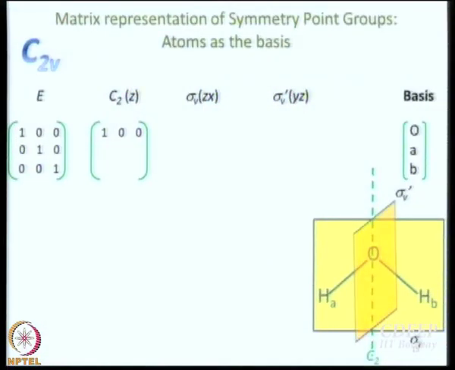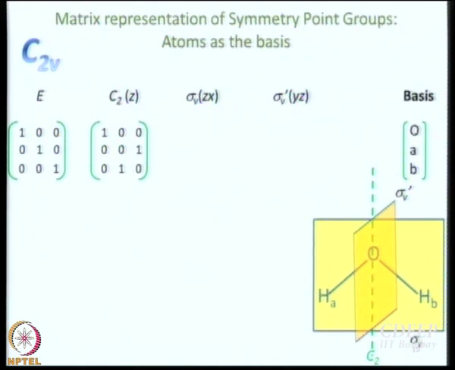1 0 0. What will be the second line? 0 0 1, right. So, see now what has happened? You have gone off diagonal. The 1 has gone off diagonal, right. Why? Because A has become B, B has become A. What is the third one? 0 0 1? No, 0 1 0. A and B have interchanged. Convince yourselves that this is the correct matrix.